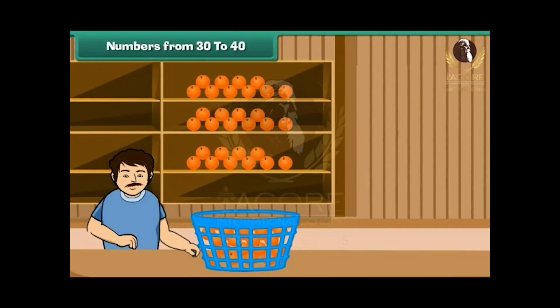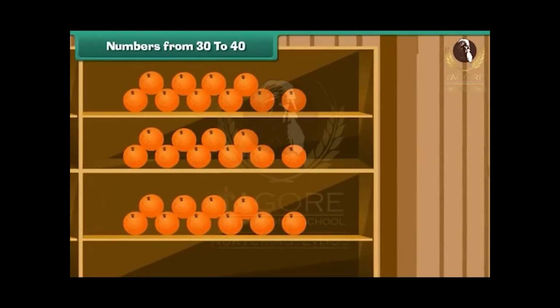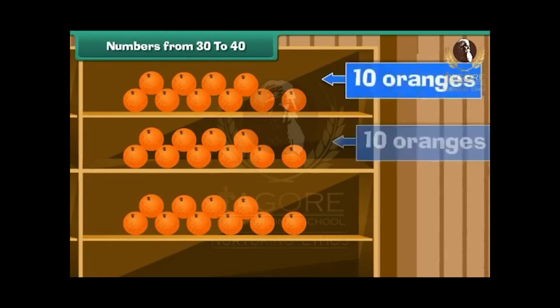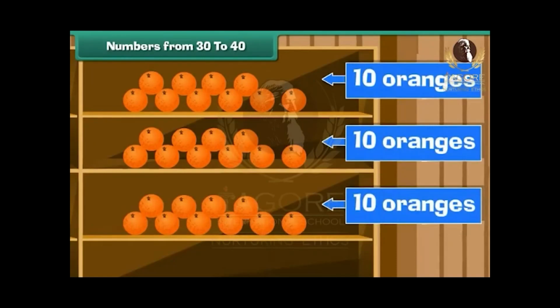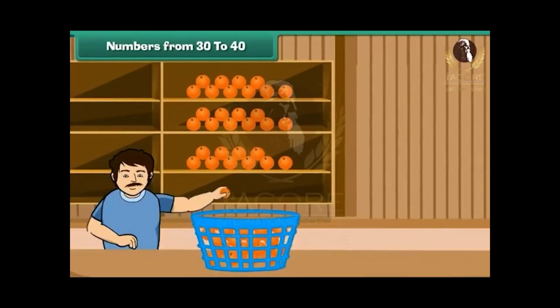Numbers from 30 to 40. Now can you say how many oranges are there? Yes, there are 3 shelves. Each shelf contains 10 oranges. There are 30 oranges. Let us now pick up one orange from the basket and arrange it on the 4th